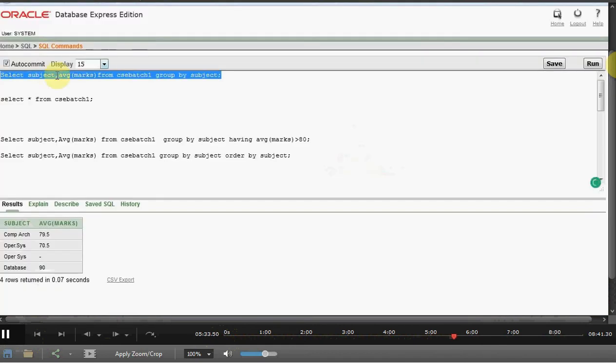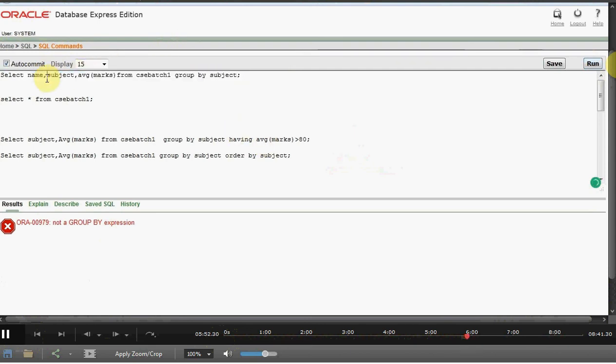If it is not there in the group by class, it will throw an error. So this you have to notice while you are using the group by class.